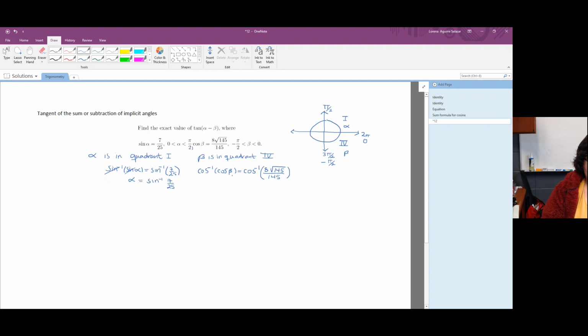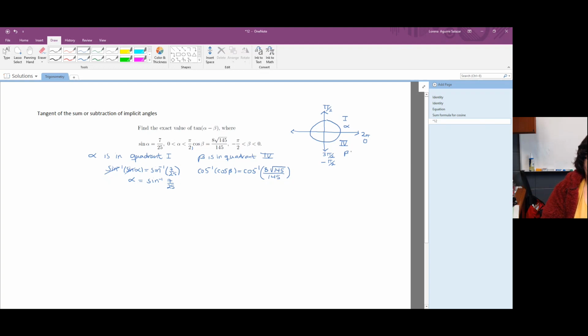And if beta was between 0 and pi, we'd be able to say, okay, inverse cosine and cosine just cancel one another. But because beta is not between 0 and pi, we say, well,